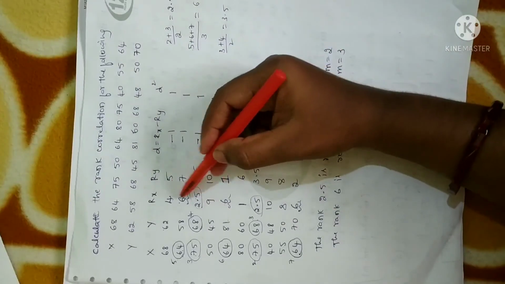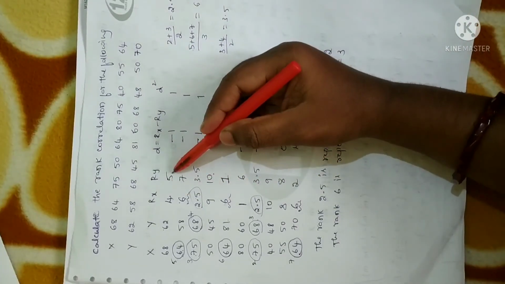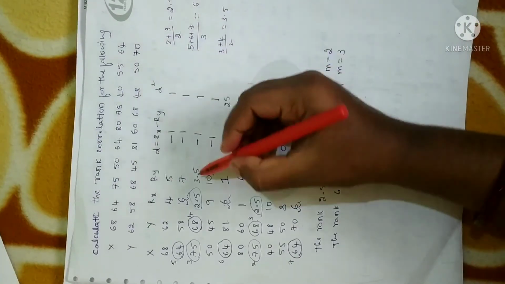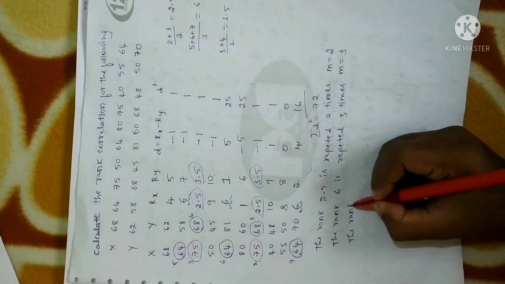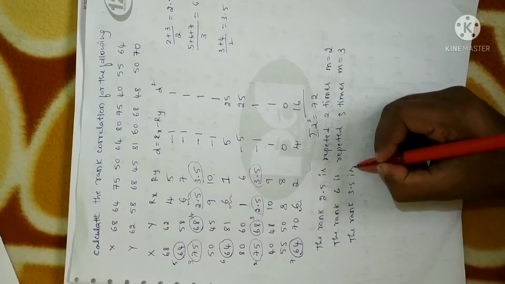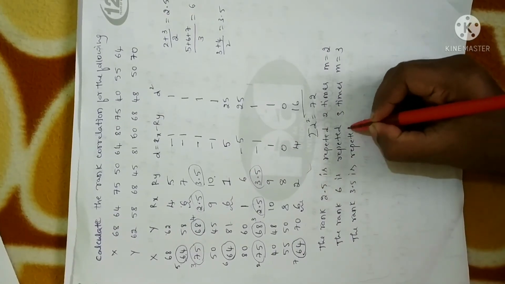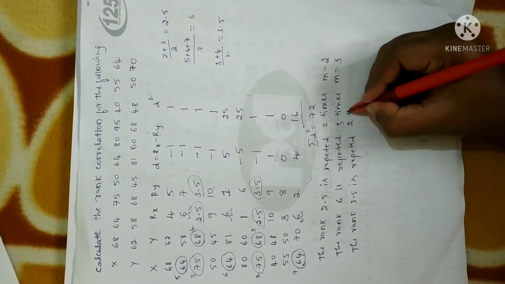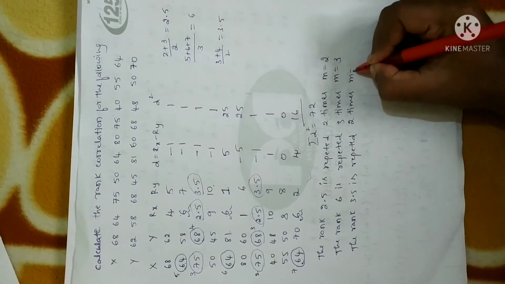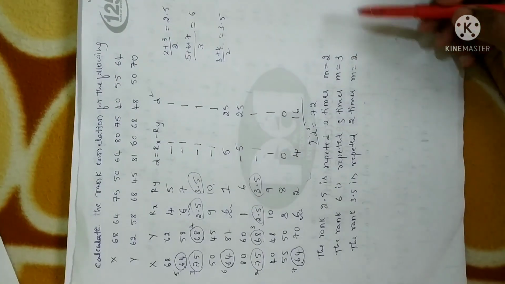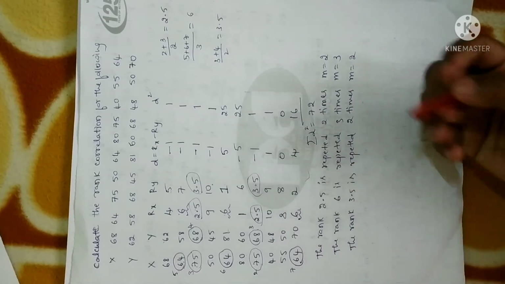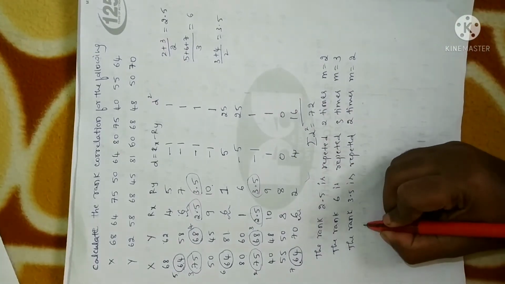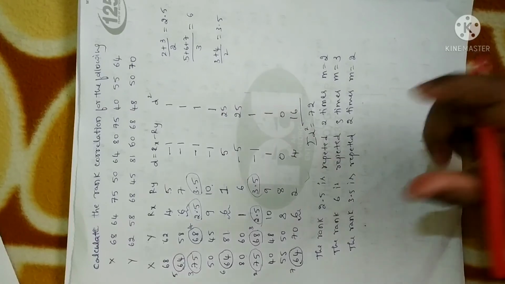Next, do we have any other repeated value in Rx? We don't have. Next, look at Ry, which has a repeated rank. It is 3.5. Rank 3.5 is repeated 2 times. So the M value should be taken as 2. No matter how many times a rank is repeating, count how many ranks are repeating: 1, 2, 3. Since 3 ranks are repeated, you have to take the M term 3 times.